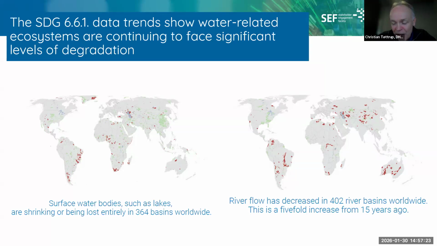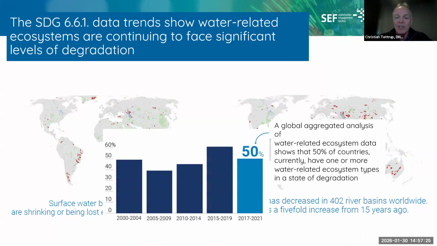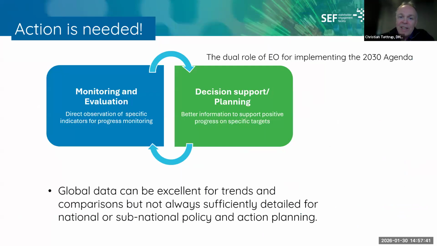But at that time, we found some quite significant issues, and basically, in summary, showing that at least half the world's countries have some level of degradation taking place in their freshwater ecosystems. So this is, of course, something that called for action,